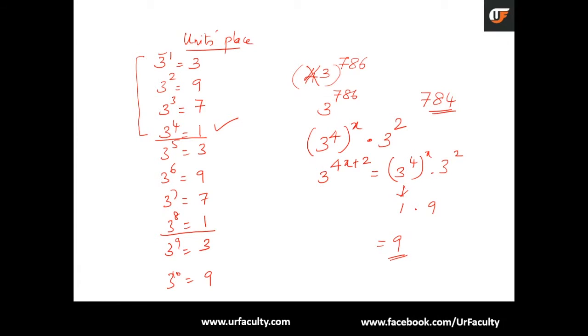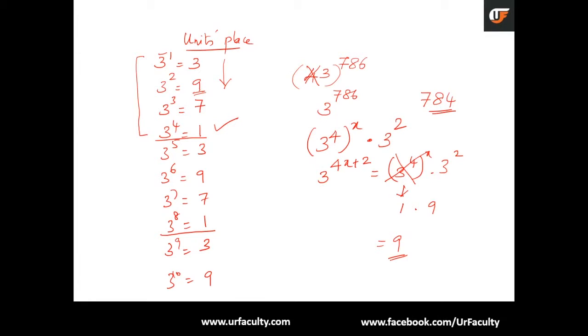All that you had to do is, when such an expression comes up, you just need to take this off and the cycle starts from here. And the second value after that will become the answer for your question. So the answer in this case is 9 when the question that was given to you is 43 to the power of 786. I'll explain this again.